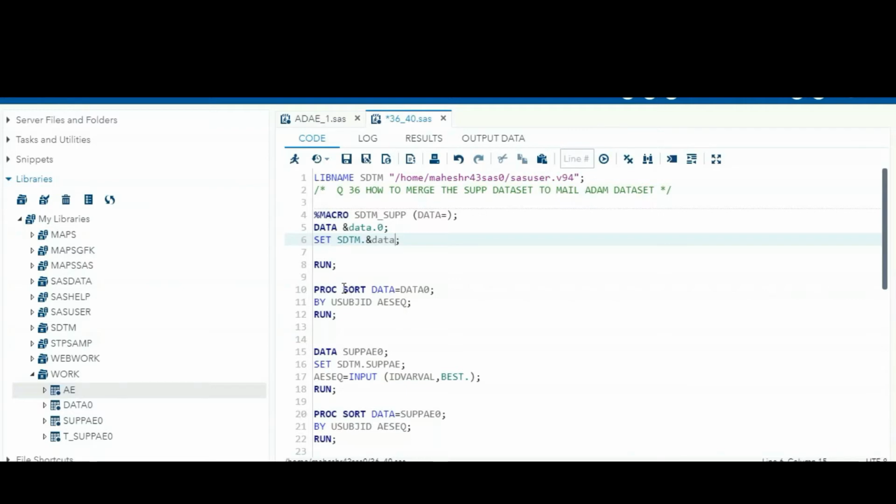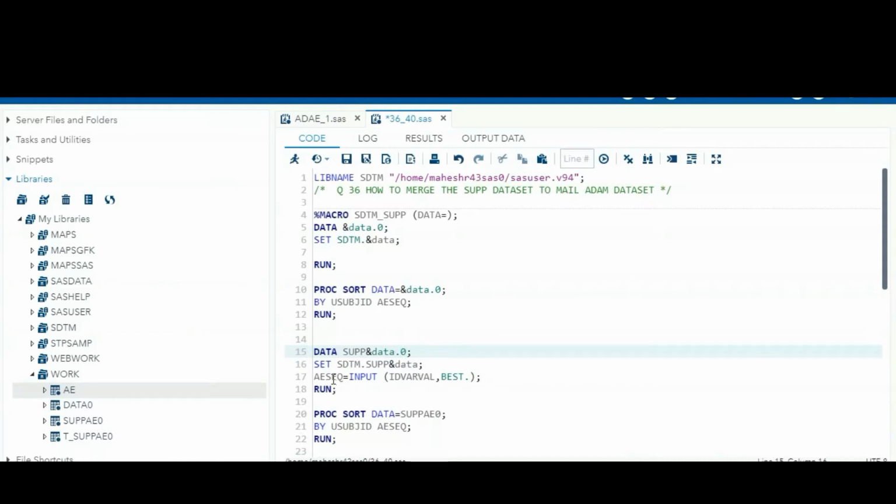After that, sorting the dataset: ampersand data dot 0. And the supplementary dataset also, sub is the common and the domain is the dataset name. So sub ampersand data, and supplementary ampersand data 0.